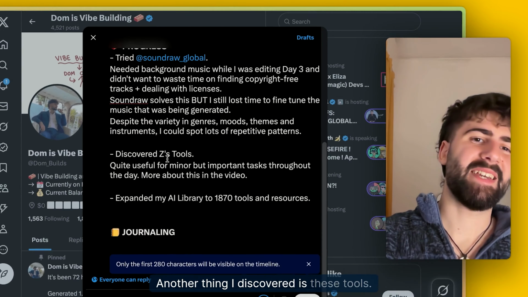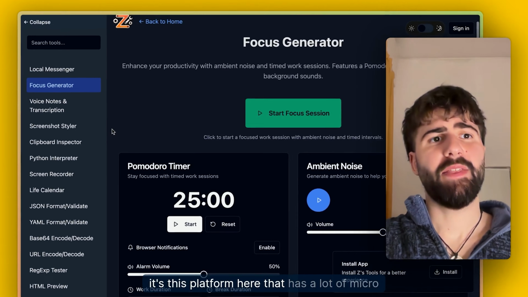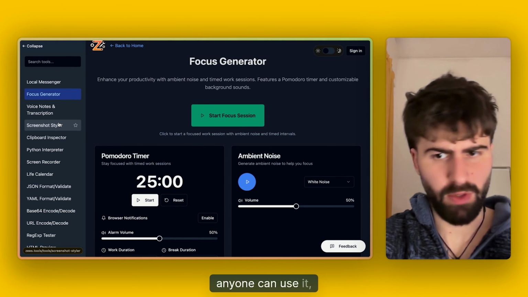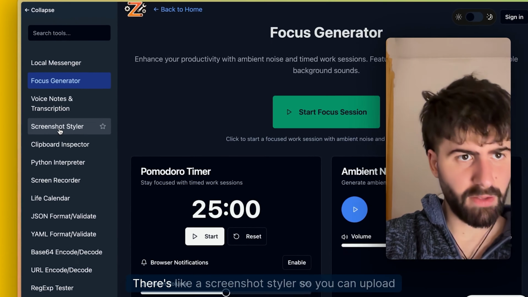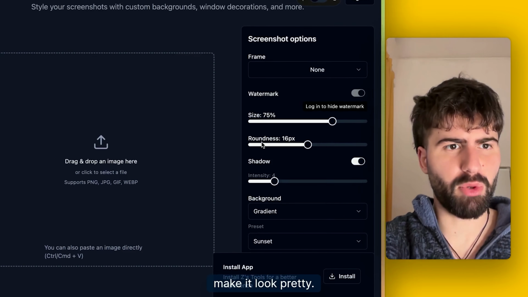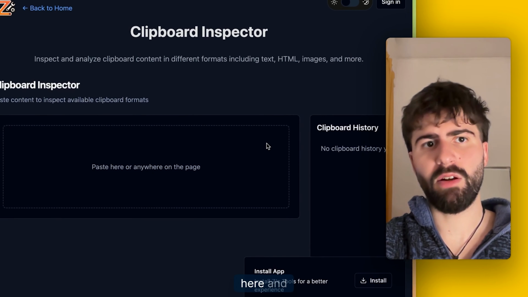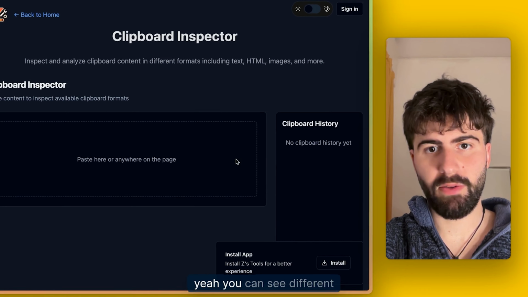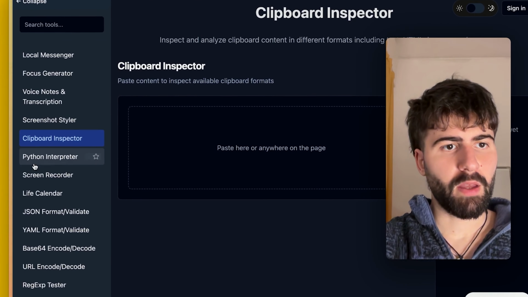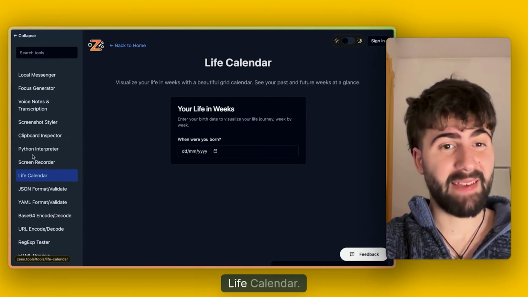Another thing I discovered is these tools. Basically, it's this platform here that has a lot of micro tools for creators, entrepreneurs. Anyone can use it, honestly, even students. There's a screenshot styler, so you can upload a screenshot and change a little bit, make it look pretty. There's a clipboard inspector where you can paste something here, and you can see different formats: text, HTML, images, and more. There's Python things, a quick screen recorder,